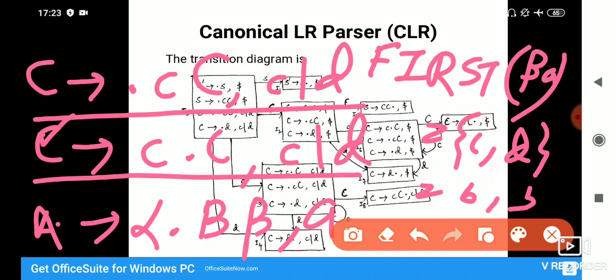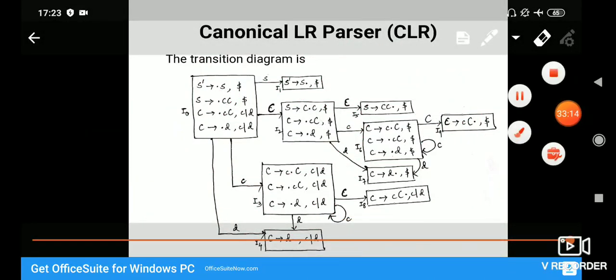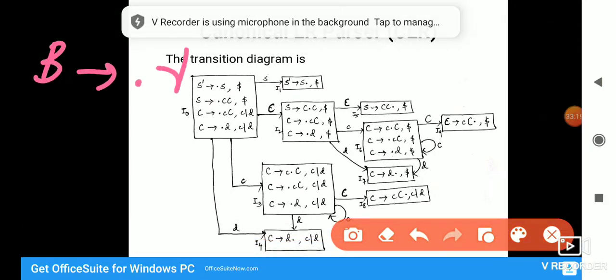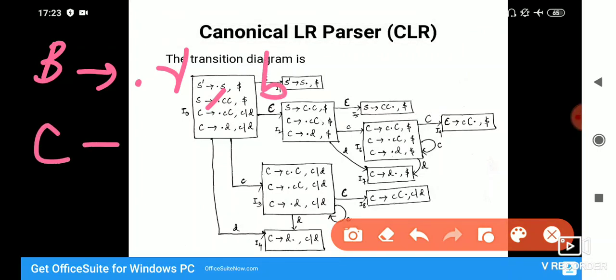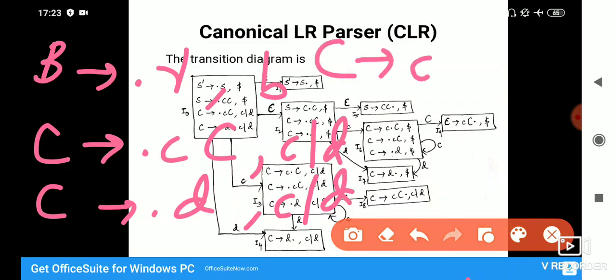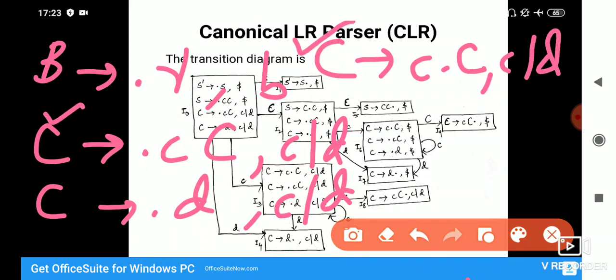So what kind of productions will we include? We will include productions of the form B2 dot gamma comma B. Since there are two productions originating from C, we have C2 CC and C2 D. Dot is placed and B in our case this time is C or D. And the one which we started with, the first one that we included in J, was C2 C dot C comma C by D. Now if you observe, the thing that you have obtained is the same as the I3 set.